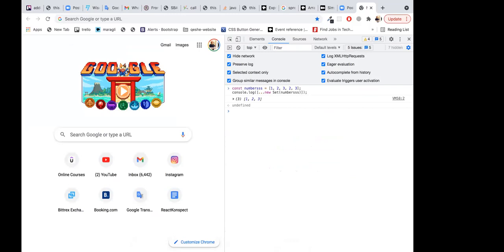Okay, this is one of the ways. What is the other way? Other way, I know only this way, but let me figure out how I can do that. So the other way is using filter. So go to the code.